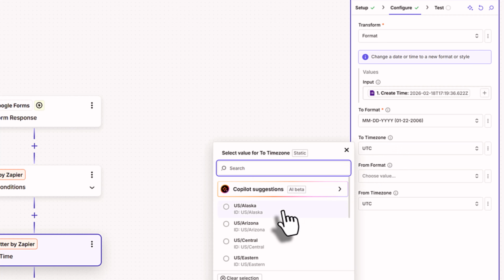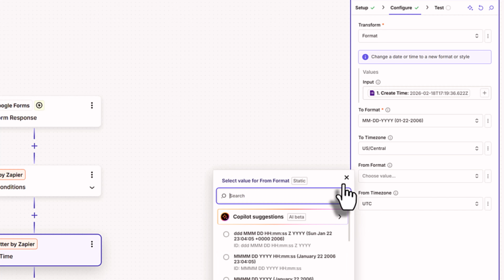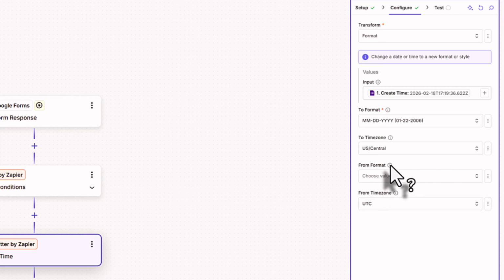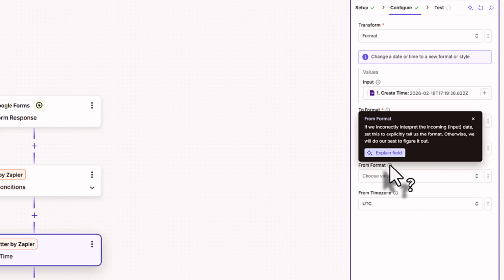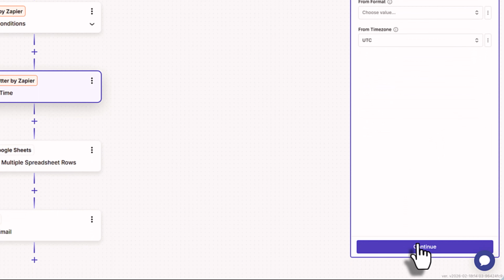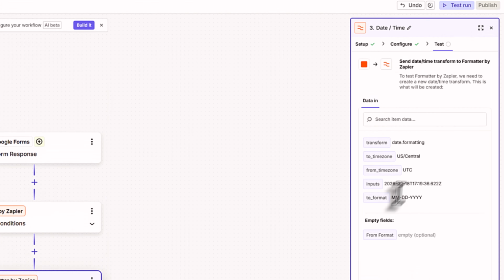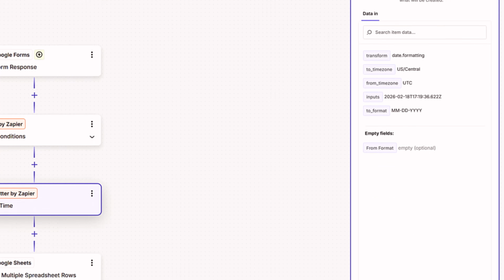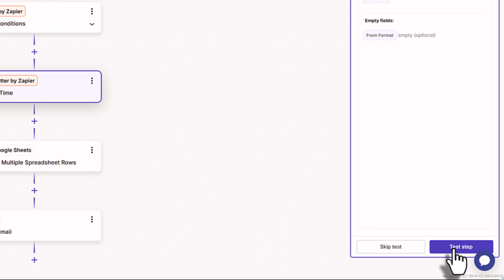Time zone, I want that to stick to central. Now the from format, this is not required. It will assume the from format if it doesn't know it already. I'm going to leave that blank for now and just hit continue. And now any date that comes in, any input that comes in, is going to go from that format to that format as well. And if I go ahead and test the step,